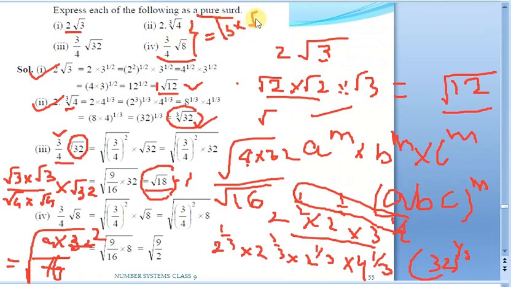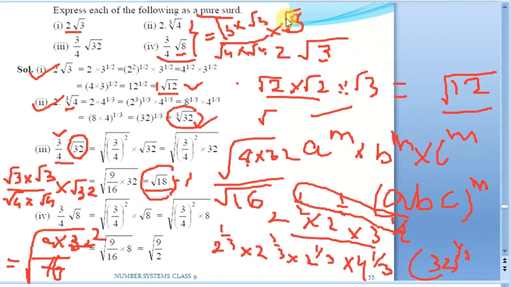Why am I writing root 3 only? Because here the order is second order, so I am writing root 3 into root 3. Here the denominator will be root 4 into root 4. Just remember, if it is a cube root, then I have to write cube root of 4 into cube root of 4 into cube root of 4. When you multiply cube root of 4 three times, what you will get? Actually a 4 only. So that depends upon what we have to consider, whatever the number given to us. So it will be into root 8 given for us.